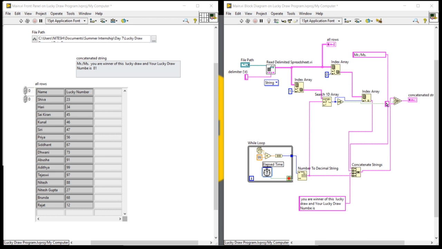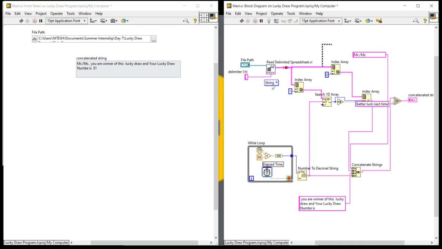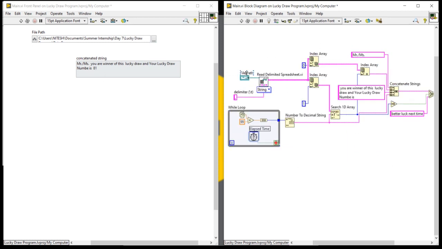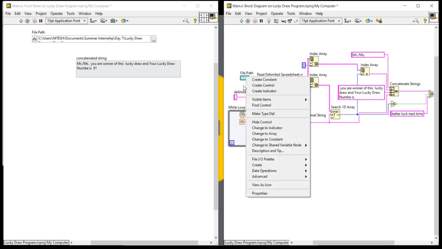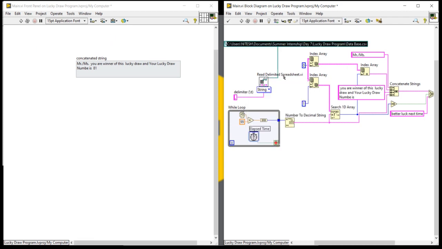So we can write here. Now I'm going to arrange the complete program. I'm going to delete this one. Control A, control U, and I'm going to delete this. Sorry, I'm going to convert it into the constant.